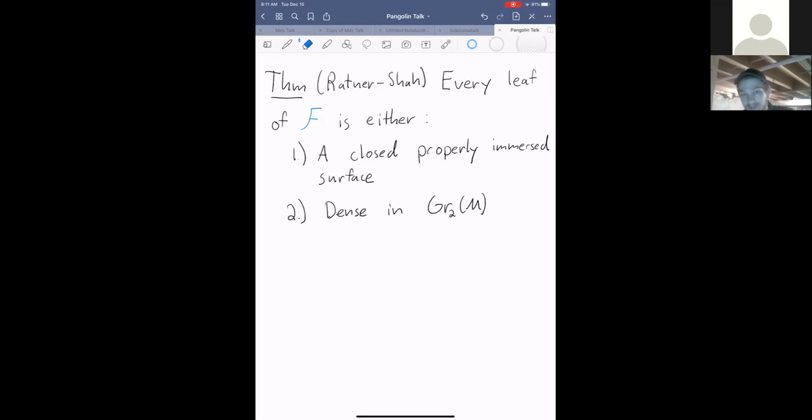So what we're looking at is how these SL2R orbits are behaving, and that's where Ratner's theorems come in: the fact that SL2R is generated by unipotent subgroups, so just upper triangular subgroups with ones on the diagonal, lets you apply Ratner's theorem,